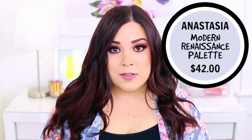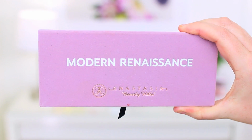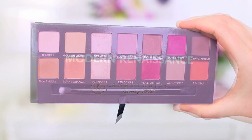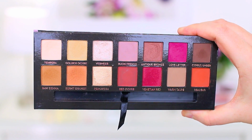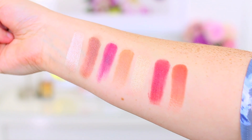I am a huge fan of this, and I knew I would be because everybody is obsessed with it. It took me forever to finally get my hands on it. I don't know what the delay was, but I love it. So the formula of this palette is definitely my favorite out of the 3. It makes doing your eyeshadow so effortless because the shadows themselves are extremely pigmented, very easy to blend,